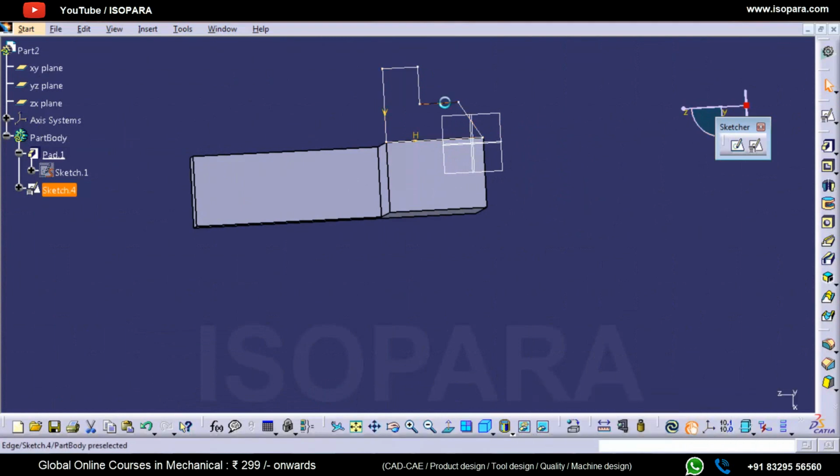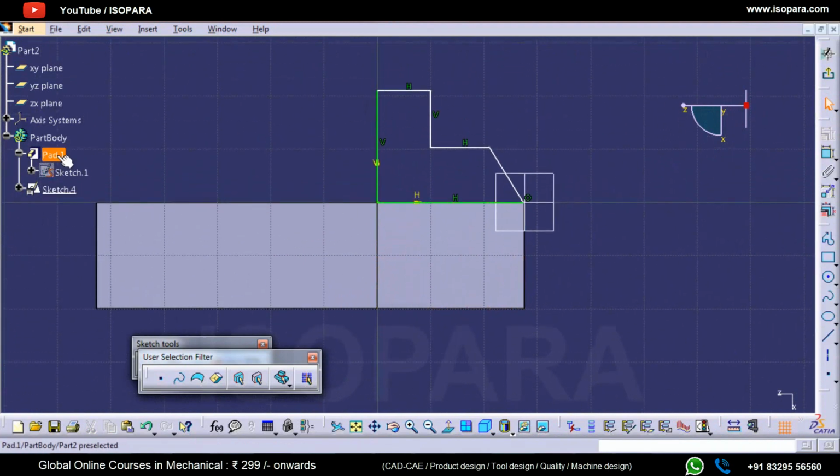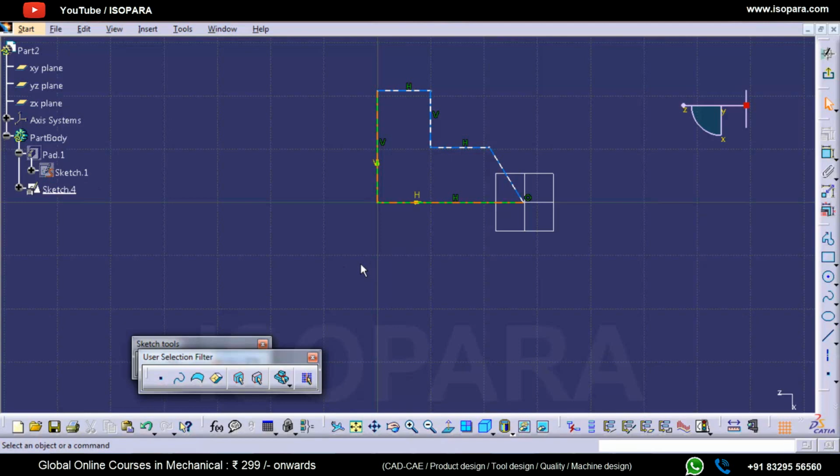The next tip: if you have made any sketch, or you are going to design any sketch, always prefer not to constrain the sketch on the origin. What is that? Here in this sketch, this line is constrained with the vertical axis and this line is constrained with the horizontal axis.